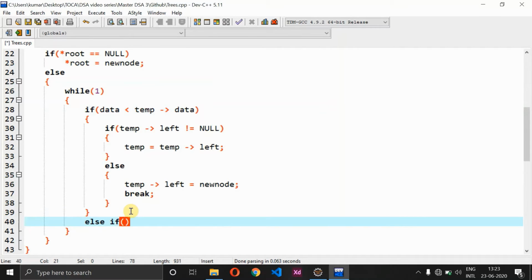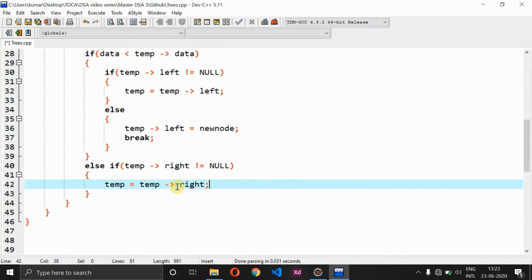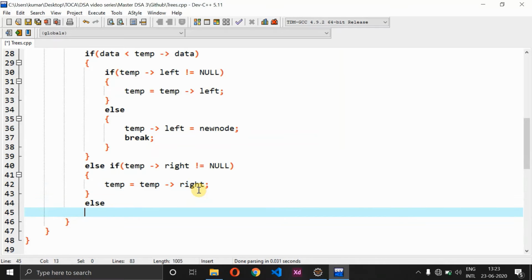So else if, in else if temp of right not equal to null, in that case what are all the changes we have to make? So temp equal to temp of right. So here what we are doing: if temp of right is not equal to null, then I will be modifying temp to temp of right, else after this I need an else part.